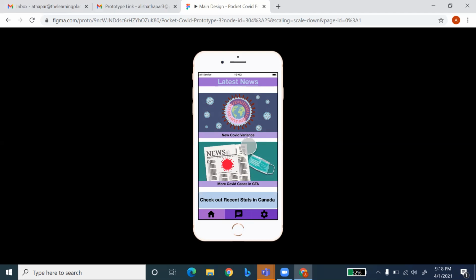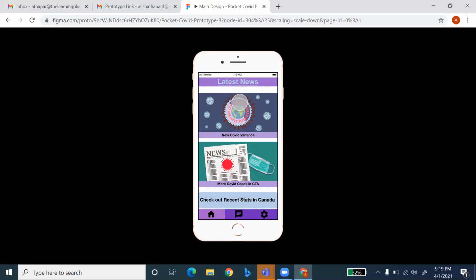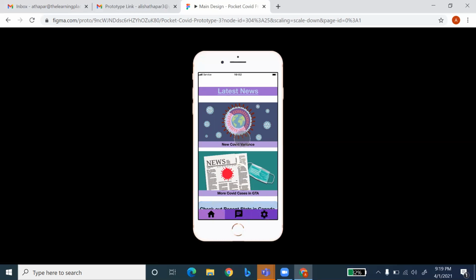What aspects of using this prototype that I've created were problematic or confusing to you? Can you just point them out throughout the app? Okay, so I'll just go back and try to remind myself what they were. So under the statistics area, it was pretty good. The first thing that I found confusing here was if I go back to my home,